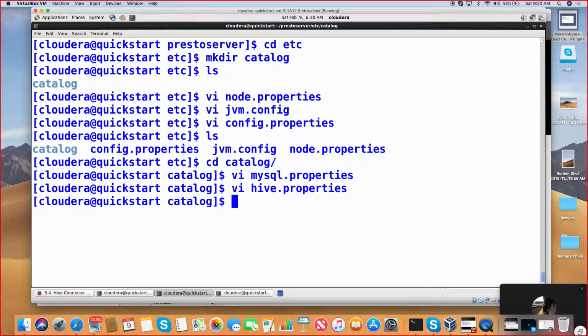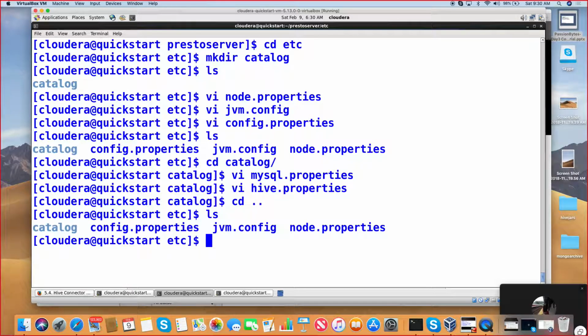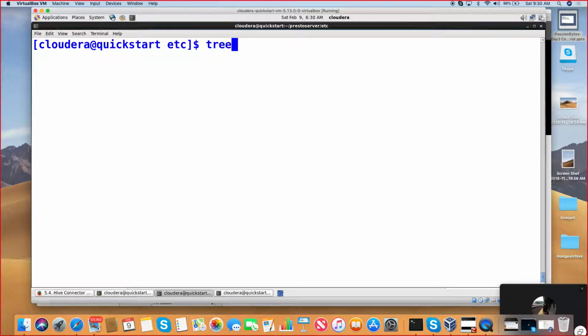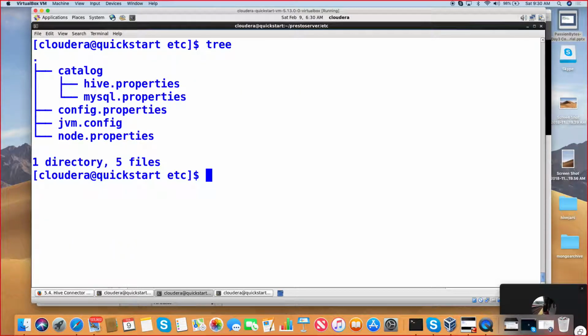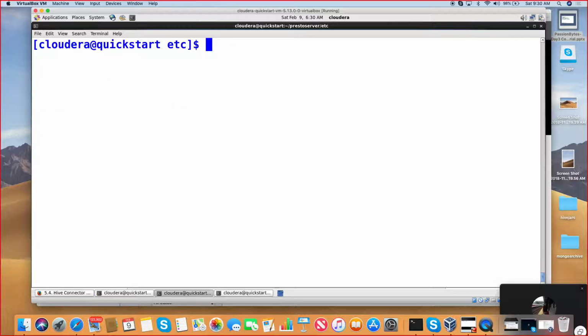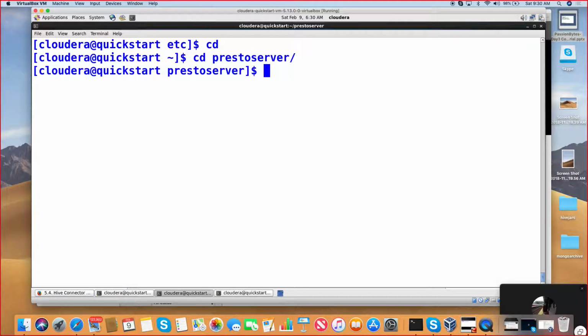Okay, so please look at the structure. Catalog has hive.properties and mysql.properties. config.properties we created only once, jvm.config only once, node.properties only once. Correct? And now what I am going to do? cd to the Presto server. I set up all the things and just type bin/launcher run